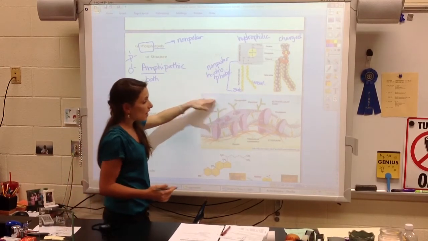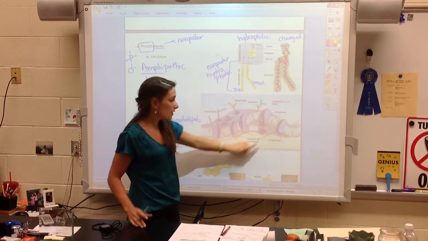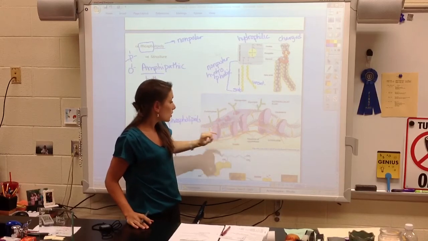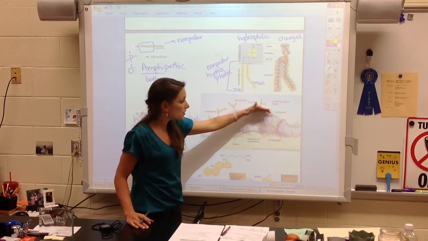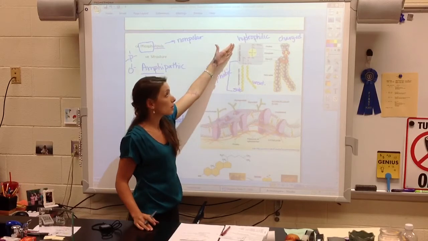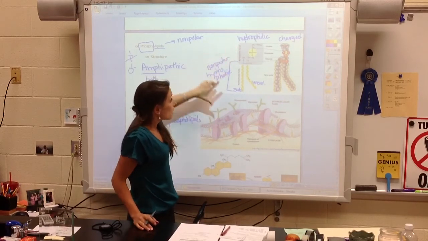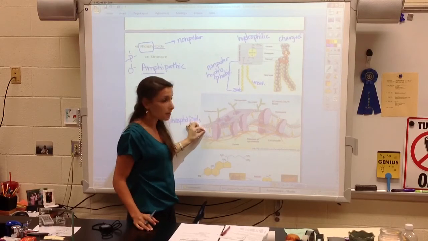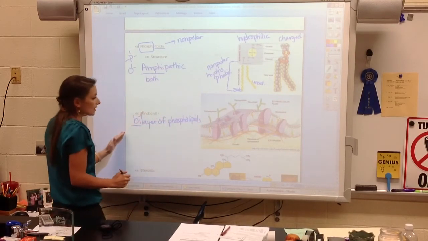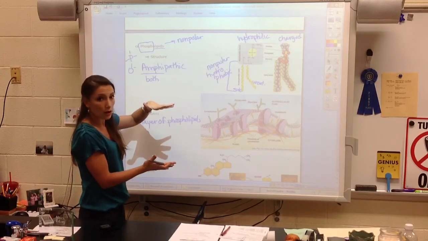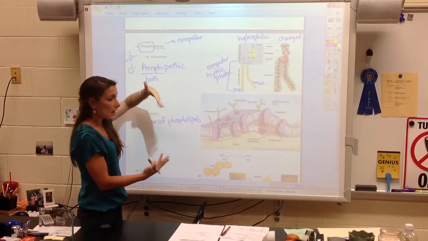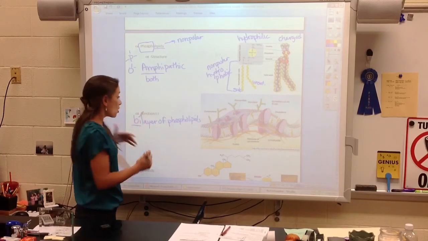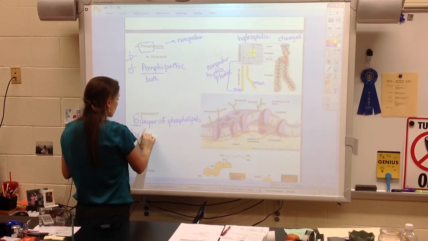Both the outside, extracellular, and the inside, the cytoplasm, are made mostly of water. So these phospholipids, the phosphate heads, face the water. They're hydrophilic. The fatty acid tails that are hydrophobic orient towards the inside. So this bilayer faces water with the phosphate heads, and the tails are going to face away from the water. What this makes is a barrier,